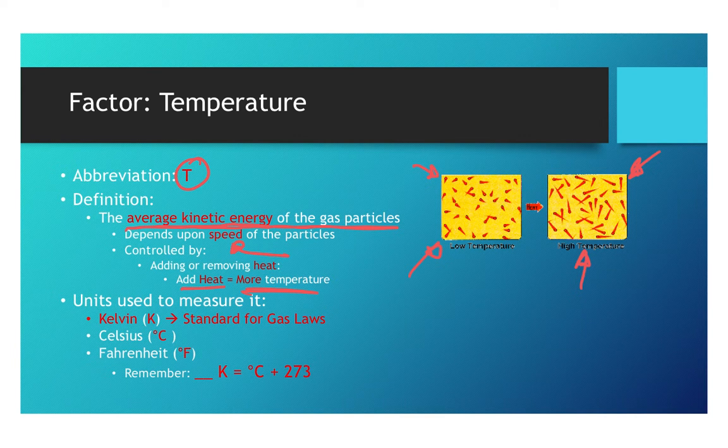Now, the units that we use to measure temperature. For the purposes of gases, we are going to use the unit of kelvins, K. Kelvin goes up by the same amount: 1 Kelvin is the same as 1 degree Celsius. In our country, we use primarily Fahrenheit to measure temperature, but in the metric system, we use Celsius or Kelvin. Most of us are probably used to Celsius. So you might say, how do I figure out Kelvin from Celsius? Well, it works this way. In order to get a Kelvin temperature, we take Celsius and we add 273 degrees.